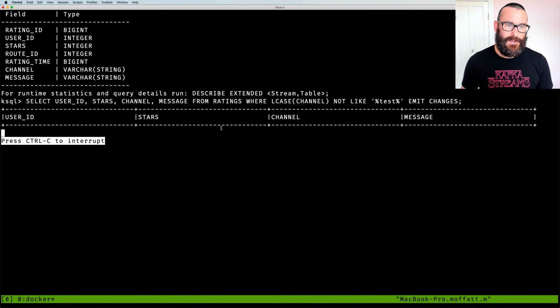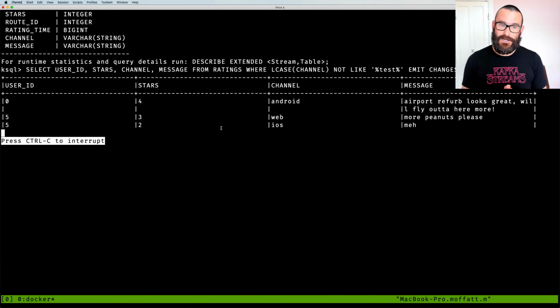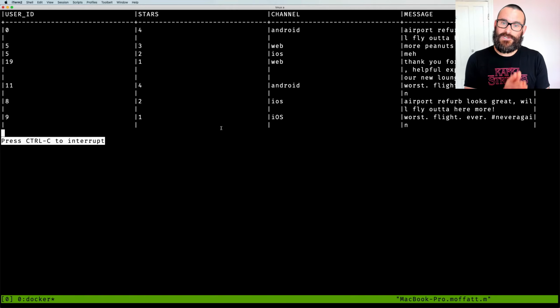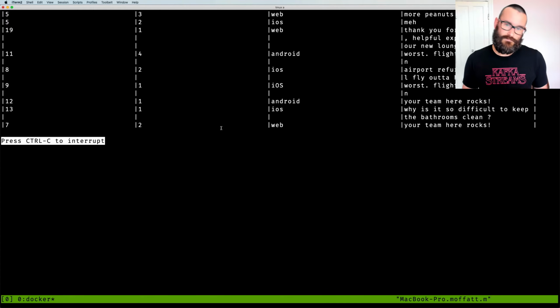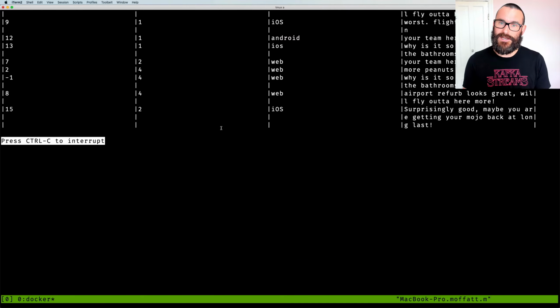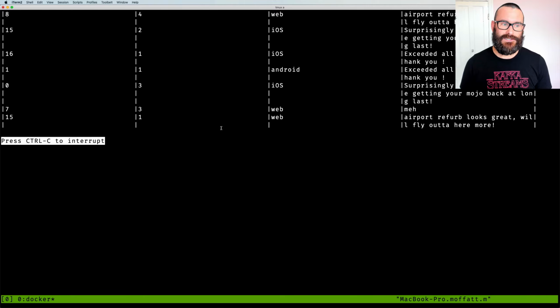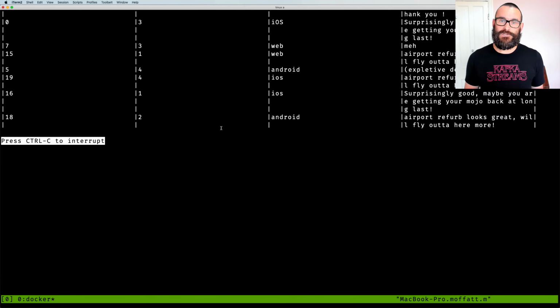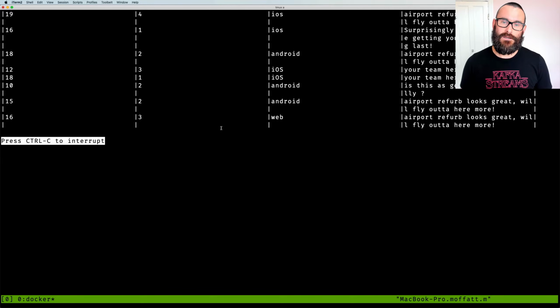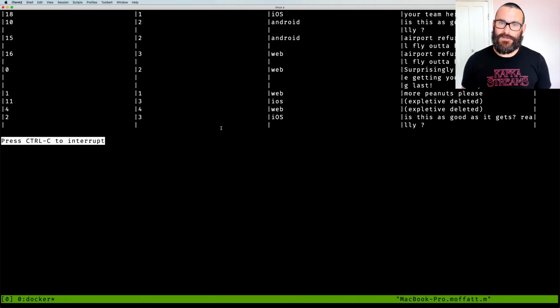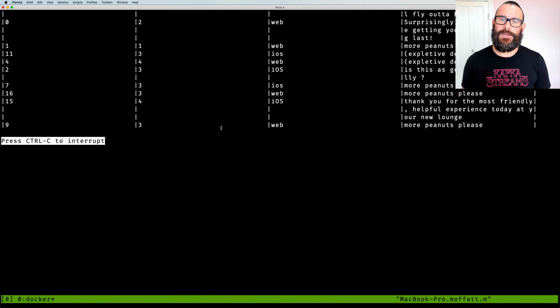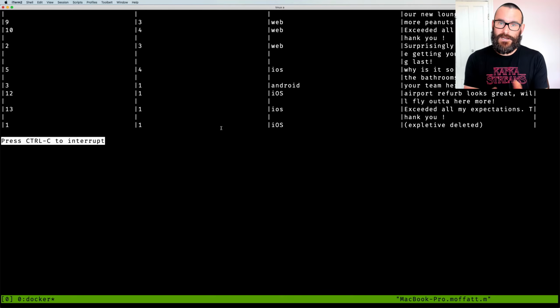Emit changes, and now we get to see as the data arrives on the topic, any messages that don't match that pattern. So that's useful. That's now our live data, excluding the test data. And this select statement's just writing the messages out to the screen, but we can take that select statement and we can say to ksqlDB, well, instead of writing it out to the screen, go and write it to a